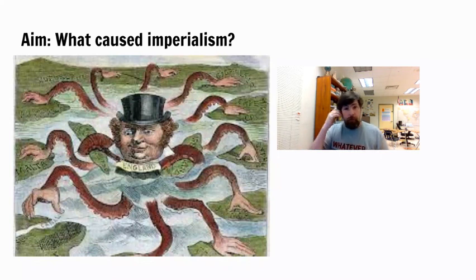Today we're starting a new unit, Unit 7. And Unit 7 is about an ugly topic. It's about imperialism. You may already know what imperialism is. Maybe you have no clue. Maybe you have a vague idea. It's represented here by this cartoon of England as an octopus with many arms reaching out and taking over lots of different places. Imperialism is about when one country takes over another country in some form or fashion. And so we're going to have a whole unit about that. It's something that happened a lot in the 19th century and involved much of the world.